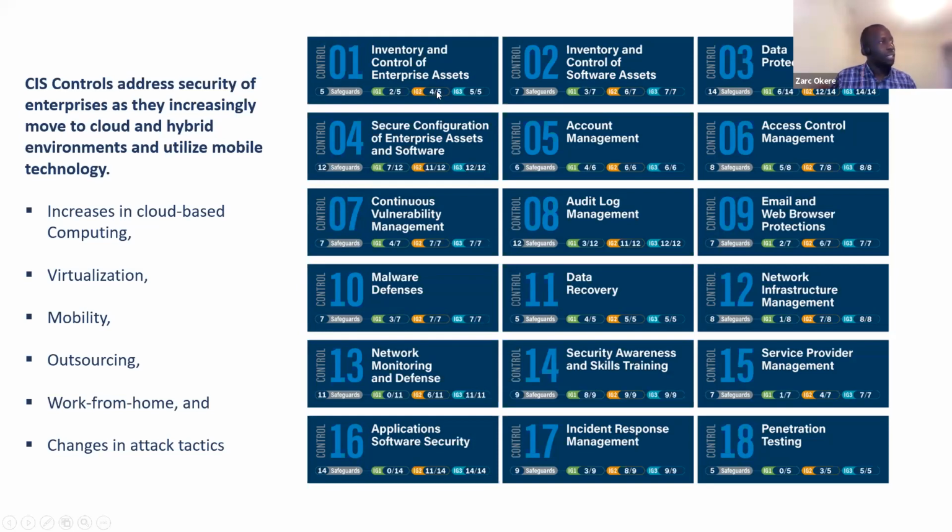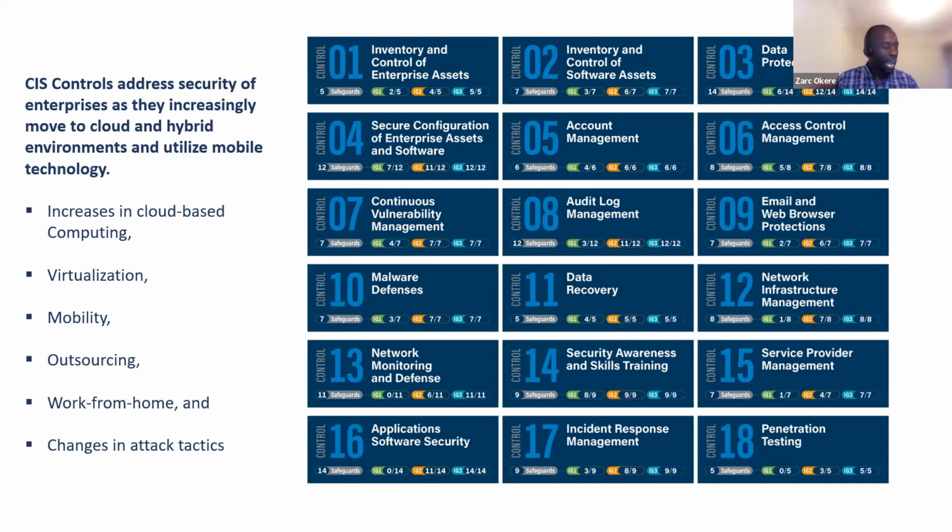Why does it say so? It says so because implementation group 2 has got a larger surface of attack. So the number of safeguards are more compared to implementation group 1. And implementation group 3 is you need to complete 5 out of 5 of the inventory and control of enterprise assets. Okay. So as you go up to implementation group 18, you will notice that all the implementation groups are